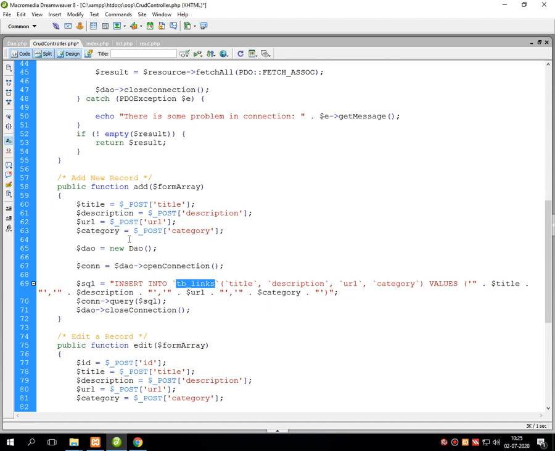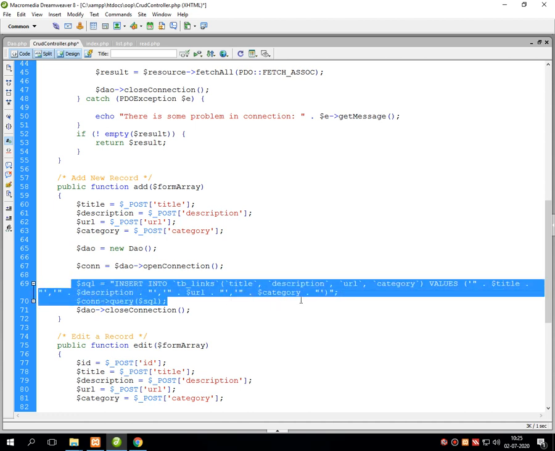So for that, first we need to write insert into TB_link. First is title, second is description, third is URL, fourth is category, and then we have to write values, and into the bracket the variables $title, $description, $URL, and $category.